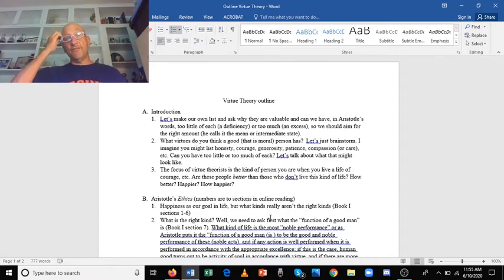Is there such a thing as being too courageous? To use the firefighter example, do we expect the everyday civilian or citizen to rush into a fire and save people? Well, maybe that's too much. But then there's too little, not even thinking about it, not even pausing to call 911 if you see a fire, right? That's a tiny, tiny risk. So it seems like there might be a right amount of courage, a right amount of honesty,